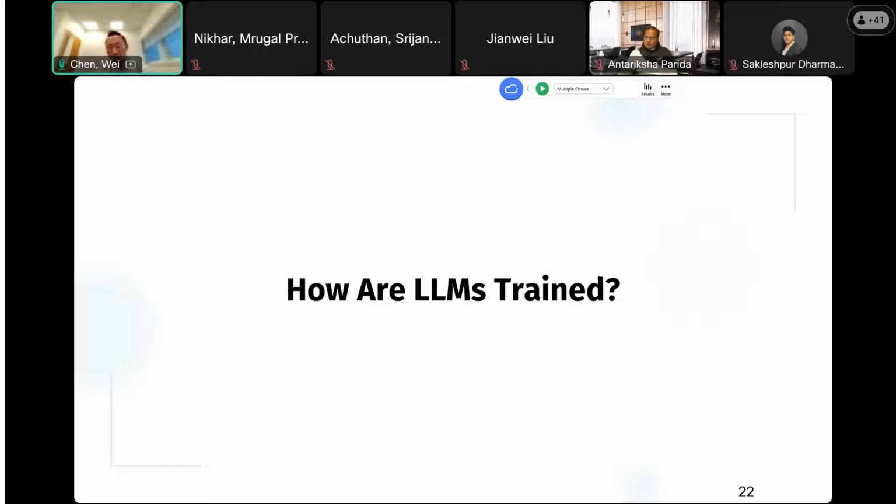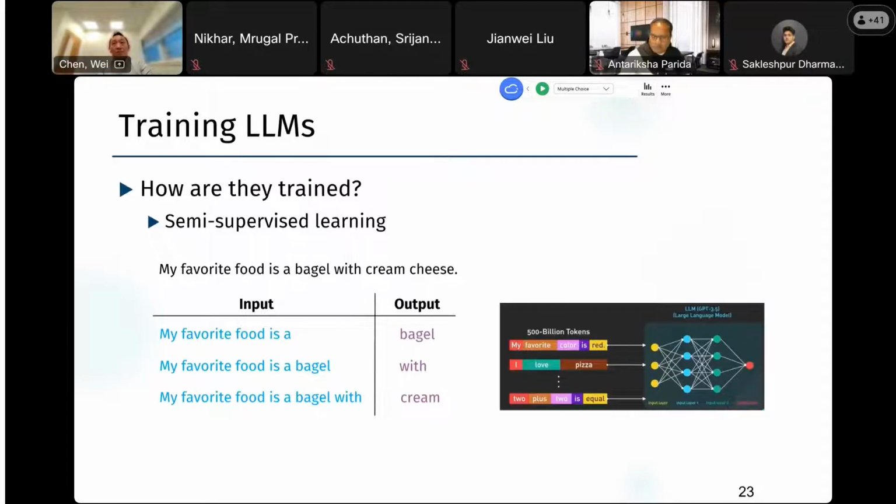So how are large language models trained? Now we have looked at the prediction, the inference part. We looked at the architecture, the inner working of large language models. And now let's take a look at how they are trained. To train these models, we use a large amount of data, and quite a few of you have taken